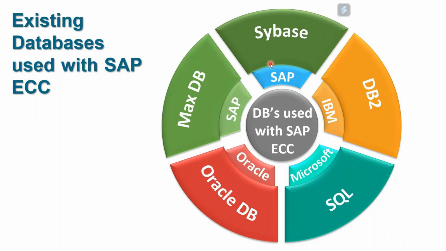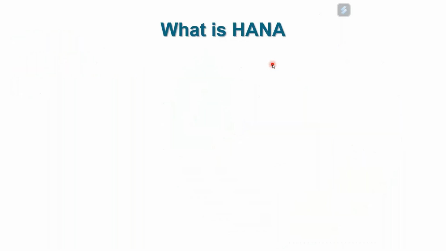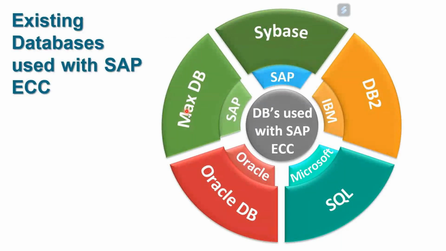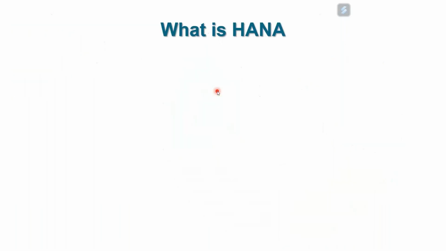However, with SAP S/4HANA, you can only use the HANA database. Only the HANA database. Not DB2 or Sybase or Max or Oracle or SQL. And just look at the fact that before SAP developed HANA, they already bought two organizations and their database products, so that they had a team in place to make the HANA database.